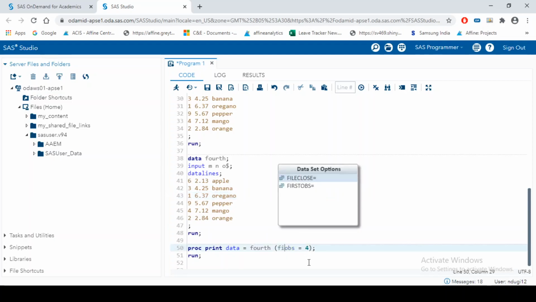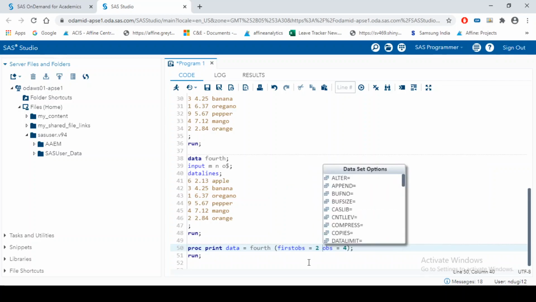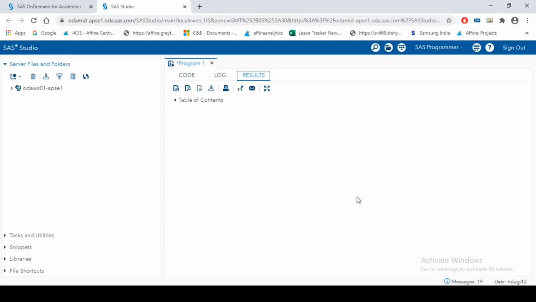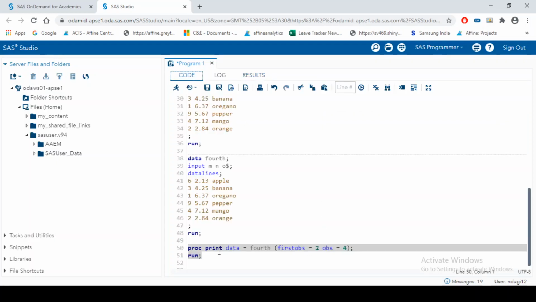For that we have FIRSTOBS equal to 2 and OBS equal to 4. If we run this, our observations start from the second and end at the fourth. This is how we can define options to control our output. We will be seeing all the options as well.